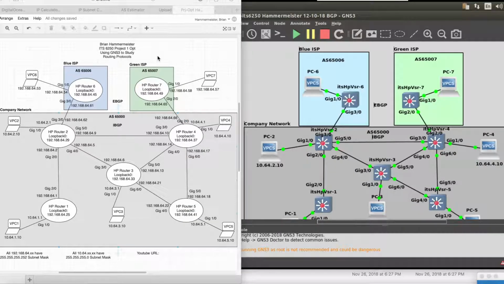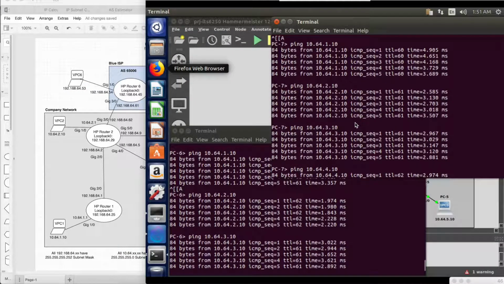The topology on the left here matches the requirements because I've added 2 routers, a blue ISP router and a green ISP router. I've also added 2 PCs, virtual PC 6 and virtual PC 7, to represent external networks. In addition, I've connected internal company routers 2 and 4 at the edge to speak BGP to both the ISPs. PC7, upper right here, and I've already showed you I'm pinging PC1 internal, PC2 internal, and finally 10.64.3.10